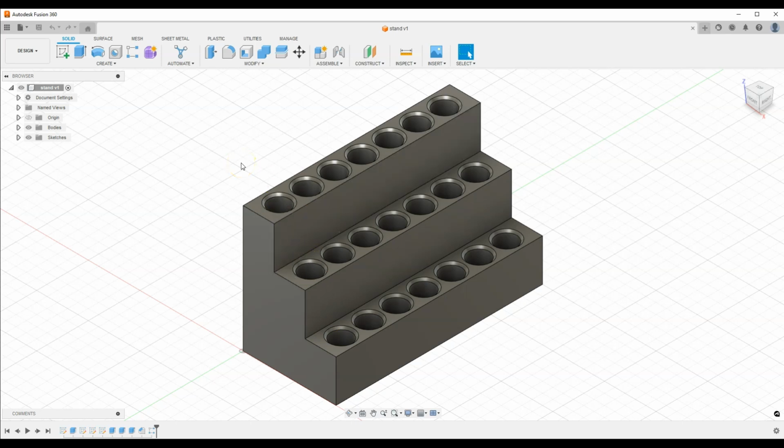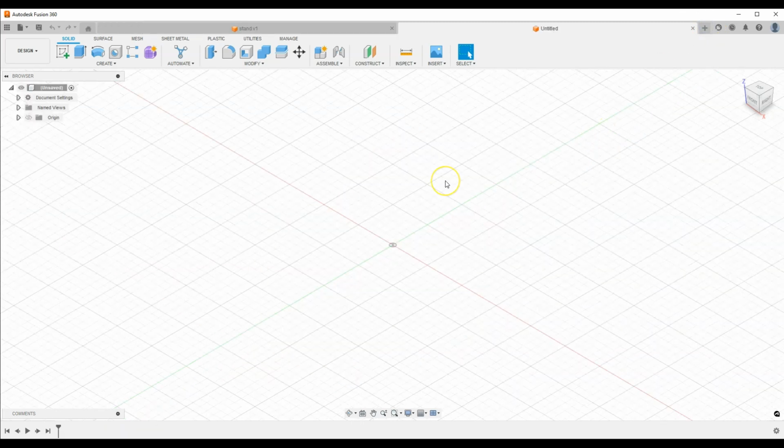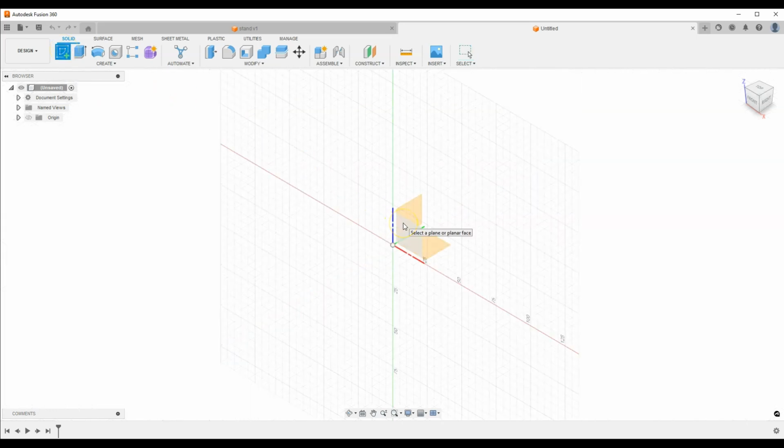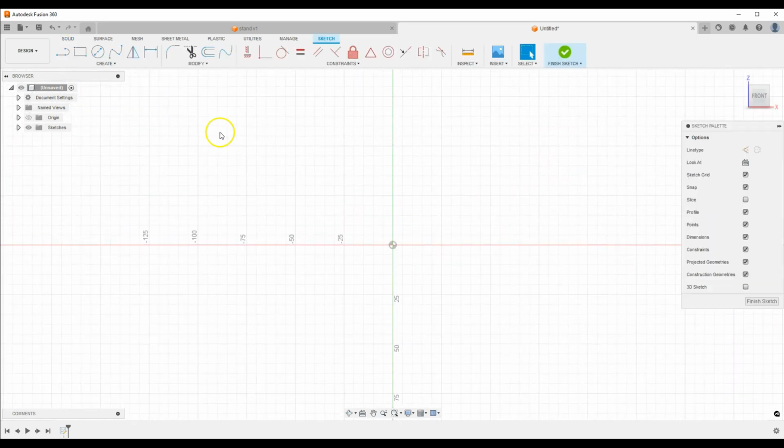Okay, I will create a new project and I will start by creating a sketch of the outline of this stand. Select the sketch and select the XZ plane as the plane of the sketch, and now using the line command create the initial shape. Okay, click escape to cancel the line drawing command, and now with the Ctrl key select these three lines